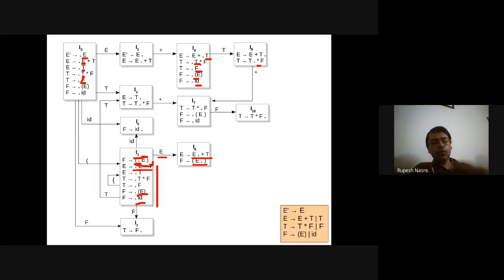Is there anything more because of the closure that I can add? I can see that the dot appears just before a terminal, and therefore a terminal cannot add any more productions. As far as here is concerned, that is also a terminal, closing parenthesis. Right? The non-terminals are only capital letters, E prime, E, T, and F. So therefore this particular state does not add anything more.